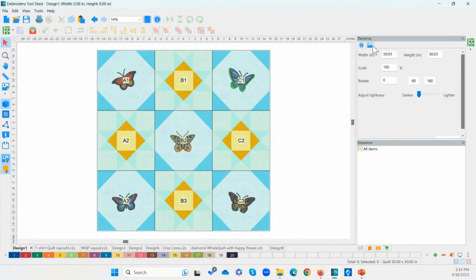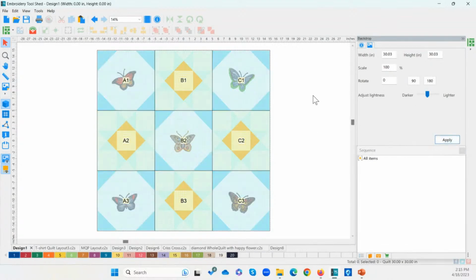Now, if the background of your quilt is a little too dark to see your designing, you could always lighten that up. So if you click away from your quilt in the white area, then you have this option over here for the backdrop settings. Now, the backdrop settings will allow you to lighten up the background quilt image. So let me put it about halfway here, and then I'm going to click apply, and you can see it lightened up my background. Let me do it a little bit more so we can really see. Okay. And that just makes it easier to design on top, so you can see your design over anything else. That's really what that's helpful for.